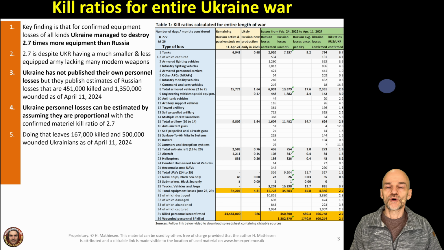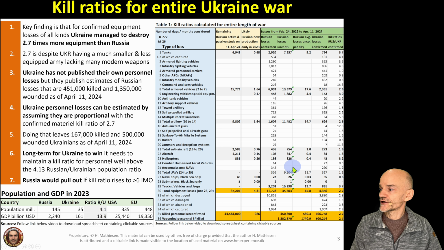So with these overall equipment losses and personnel losses evident, and also the killing rates for this equipment and personnel losses, who is actually winning the war? Can they tell us who is winning the war? Obviously, Russia is losing more than Ukraine, 2.7 to 1. But unfortunately, it's not enough for Ukraine to win the war. In fact, they're losing the war. And we can see that here.